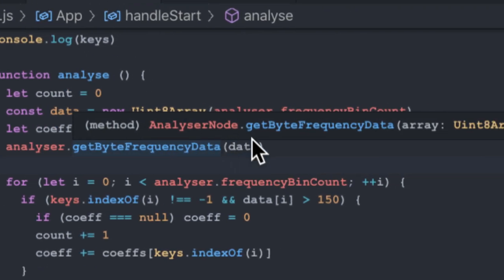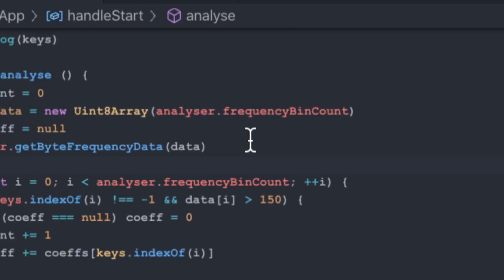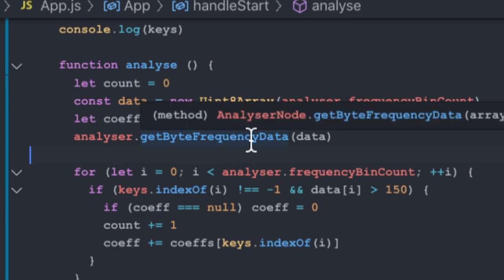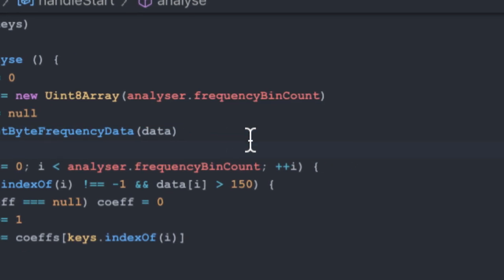So for each bin, I don't think this is correct. I actually don't think this is correct because the keys,